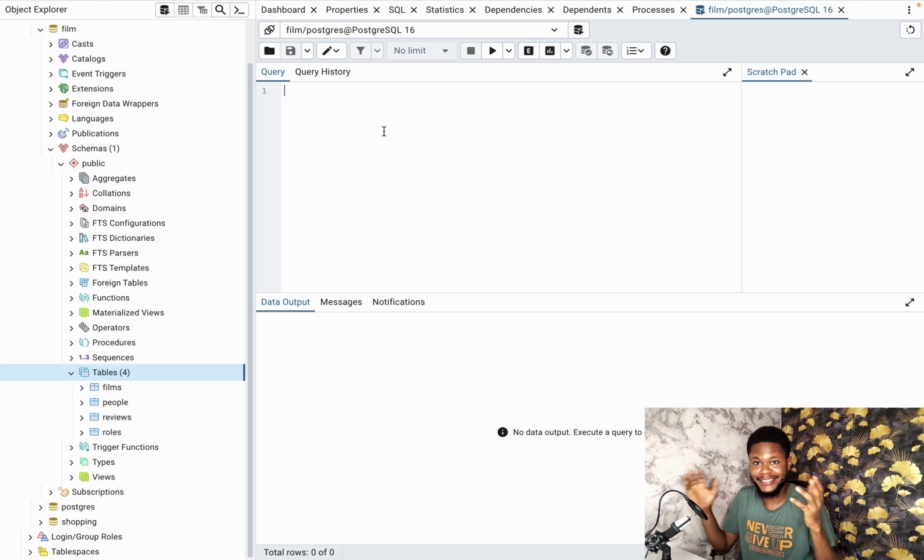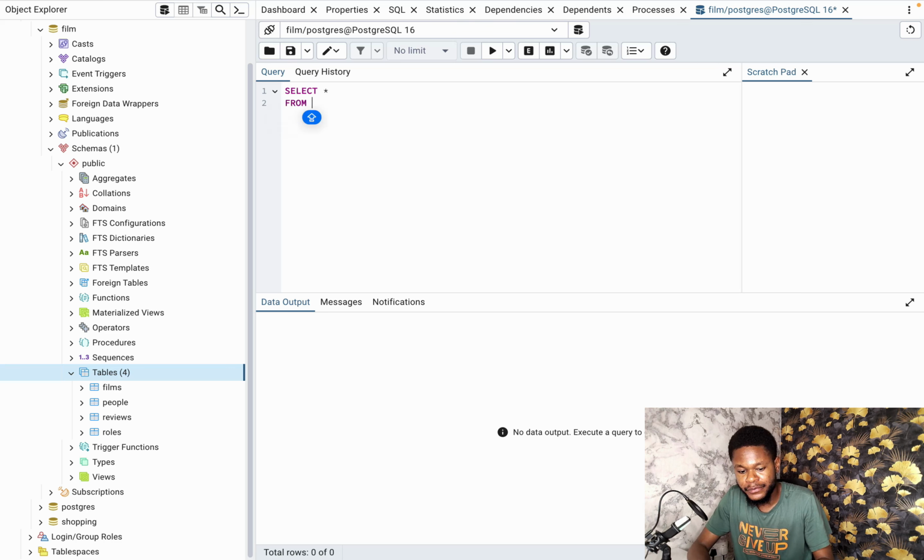Now let's write our first command, and let's see, I don't know the column names. Okay, maybe I know, but let's just pretend I don't know the column names in this database or in any of the tables. So I want to see them. What am I going to do? I'm going to communicate to my database, and I'm like, hey database, I want to see all the columns in my films table. So that's like saying please select all the columns. Then going to the next line to make it readable, then what's the table I want to check? The films table. So from films,